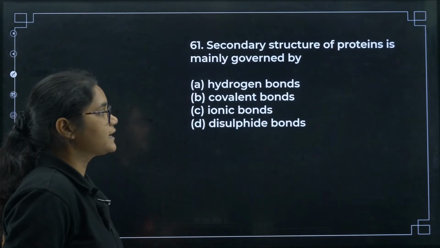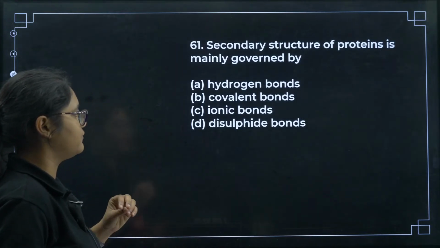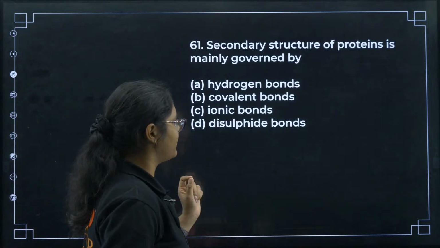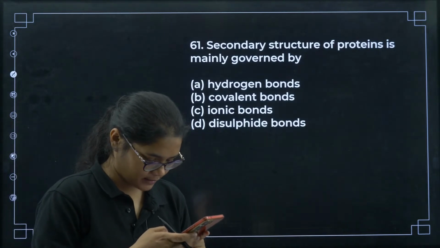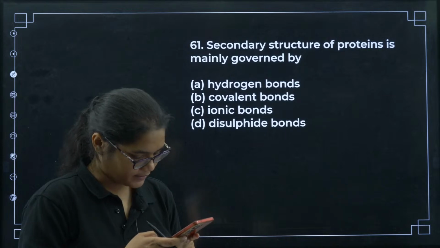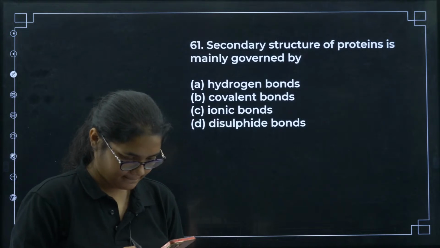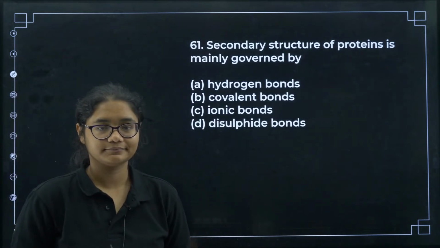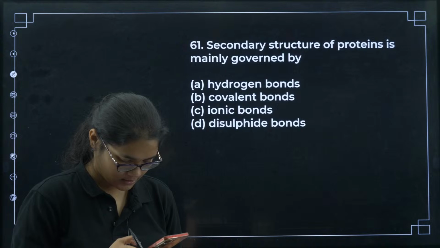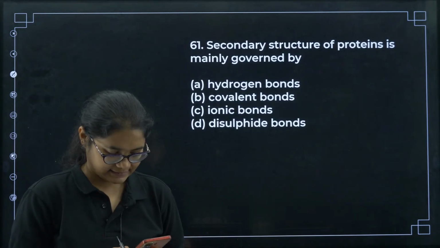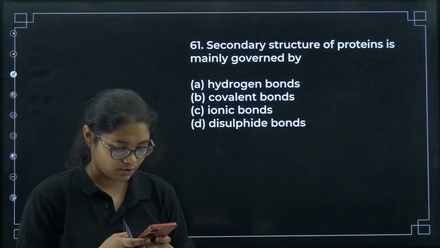Okay. 61. Secondary structure of protein is mainly governed by disulfide bond, ionic bond, covalent bond or hydrogen bond. Very simple question, very easy one this one. Chidananda, yes, 62 is correct. Next we can move to 61 question. Answer this quickly. Yes, who can answer me this one? Whether it is hydrogen bond, covalent bond, ionic bond or